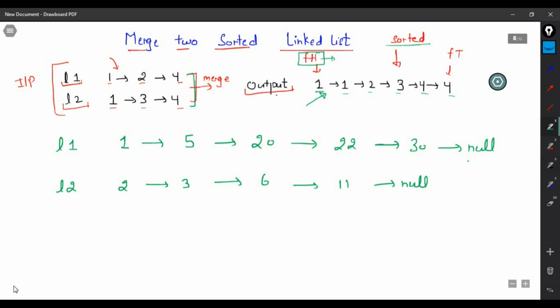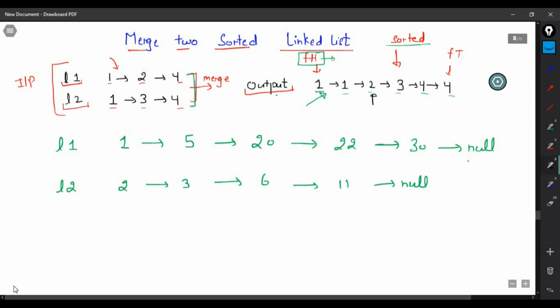Now one thing to note here is we are not creating any new nodes. These are not new nodes. We are just changing the connection. For example, this one now will point towards this one. After this, it will point towards this node. Then 2 will point towards node 3. Similarly 3 is pointing towards node 4, and this will point towards this node. So we are just changing the links. With the help of the nodes that we already have, we are just changing the connection, right?